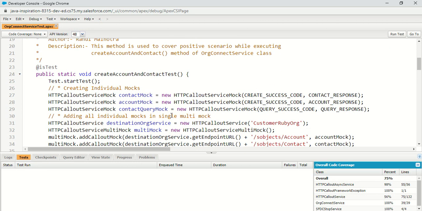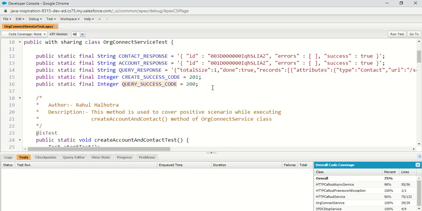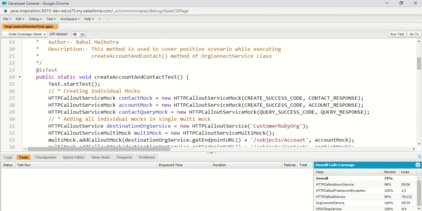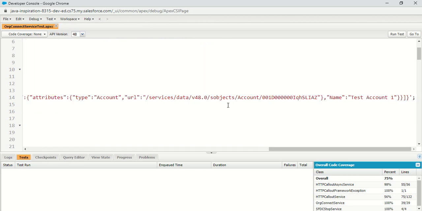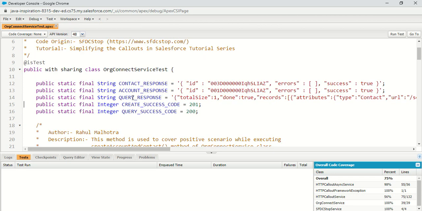The third is the contact query mock, which should have a query response. Its success code is different, because when we query Salesforce the response code is 200, and the response body is the query response. The query response is a dummy body for the response you get for the contact.